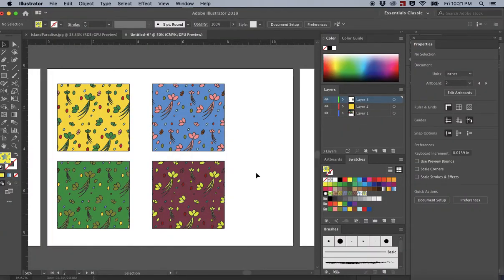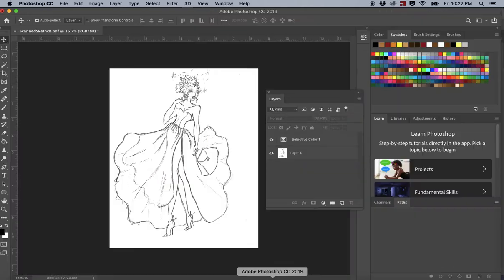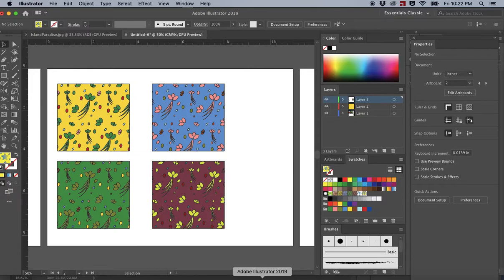In the previous tutorial, we ended up with 4 different colorways, based upon the color swatches that were created from the mood board. So now that we have these different colorways and different prints, I want to transfer these prints into Adobe Photoshop so that I can use them to render my fashion illustration. This is Photoshop. So I'm going to go back to Illustrator, and